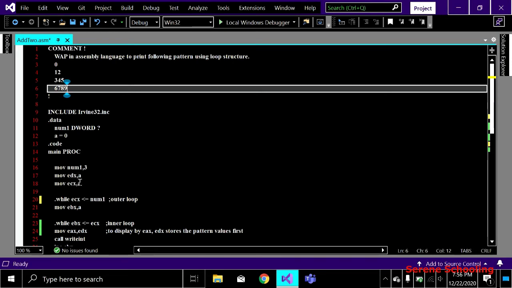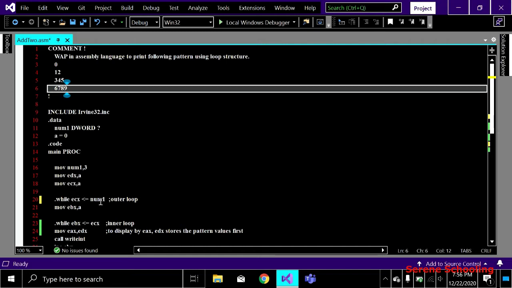As I have told, we are using the ECX register for controlling the number of rows. You can see over here in my first row, I have only a single column, and the number to be displayed in that column is 0. So what do we have to do? First of all move 0 into ECX, and then I'm comparing.